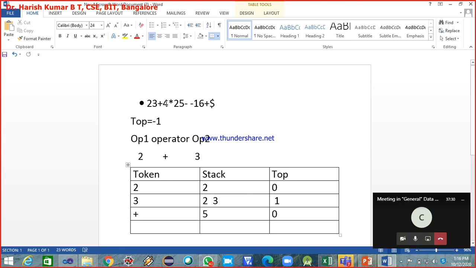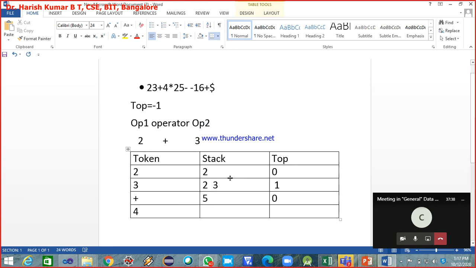Next, I continue scanning. So the next token that I'm scanning is 4. Okay. So 4 is pushed onto the stack. 5 is already there. 4 is pushed onto the stack, and the top value is 1. Understood? The next token which you're scanning is into.